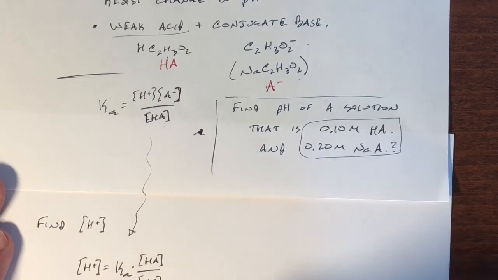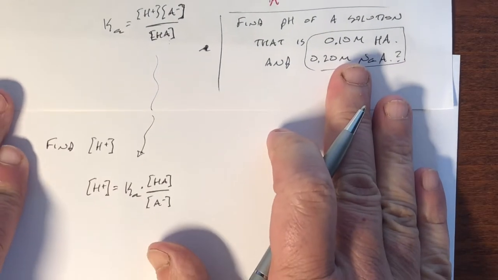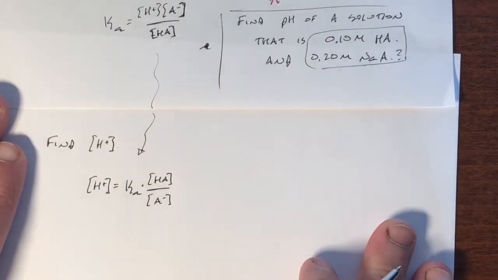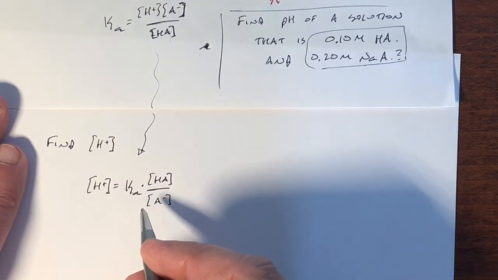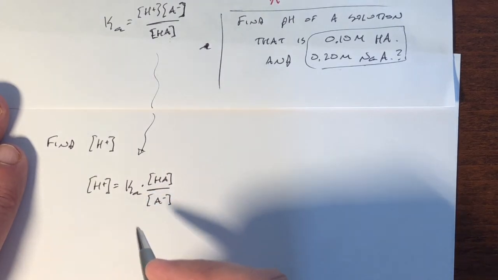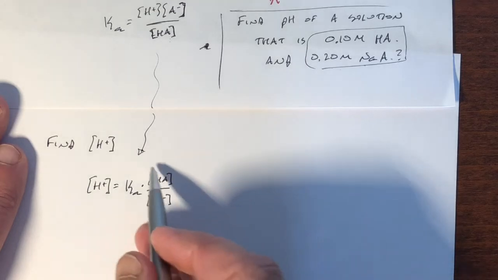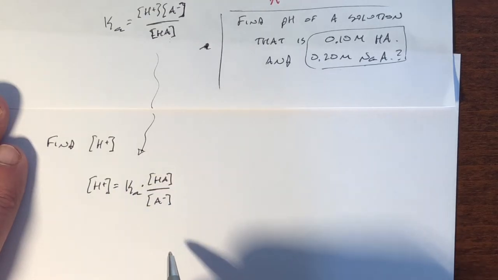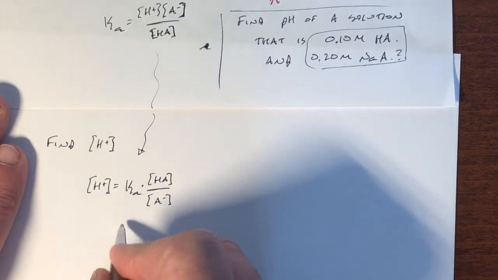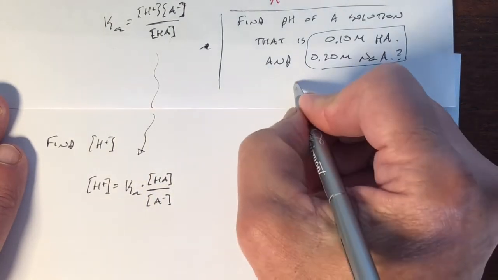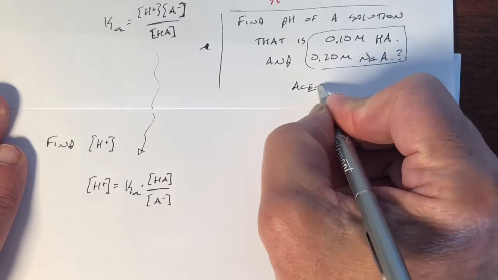Now, rigorously speaking, I might have to do kind of an ICE box approach and see that the common ion effect works here as well, but we don't have to go that far. As long as we trust that the math and the common ion effect works, it works here as well. Okay, so to do this, I'd say that in this particular case, again, this was all referring to acetic acid,